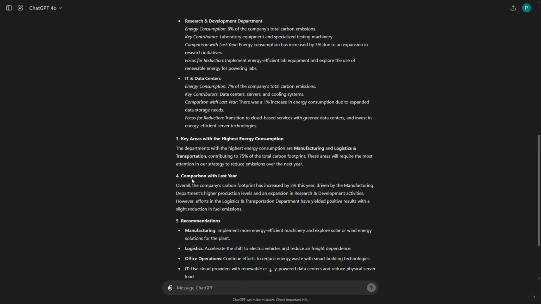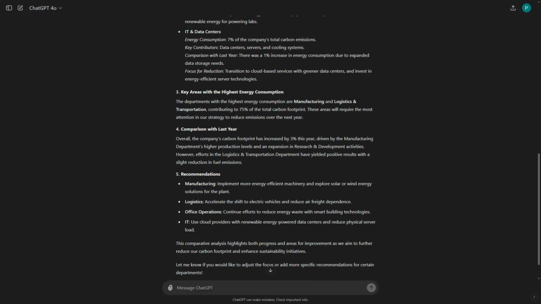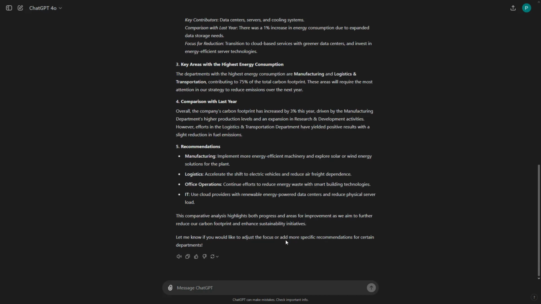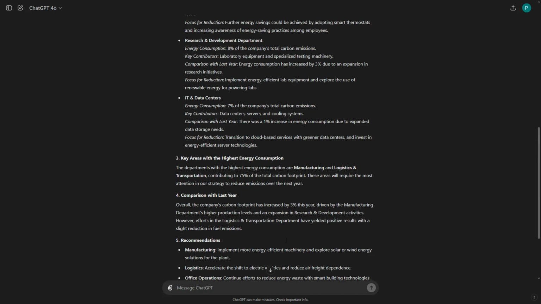There's also comparison, and then we have some recommendations. In the end, a comparative analysis highlights both progress and areas for improvement as we aim to further reduce our carbon footprint and enhance sustainability initiatives. So the TRACE framework basically ensures that every element is covered, leading to detailed and actionable output.